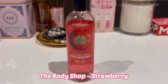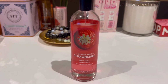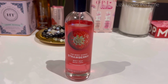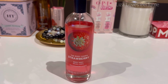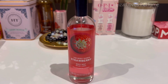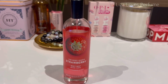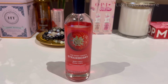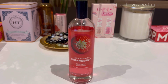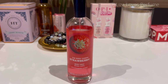And the last perfume on my November tray is the Body Shop's Strawberry Body Mist. I always have a body mist from the Body Shop for the summer months. They tend to smell nice and are good value. I'll probably spend about $25 on this one. It's a 100 ml. So initially I thought I would be getting a strawberry jam sort of smell, but this is more like the strawberry fruit. There's a little bit of tartness in there,